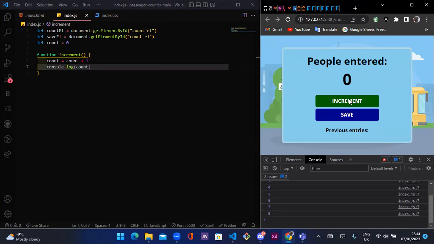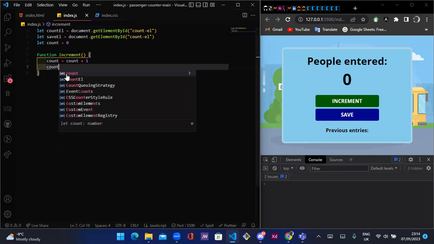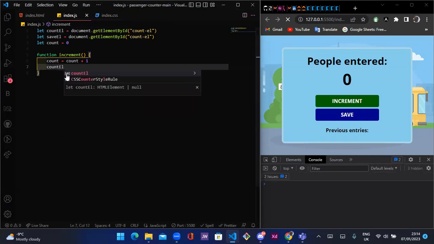But that is not what we want. We don't want it to log on the console. We want it to display so that the user can actually see the counting. So how do we do that? We will take away this console log because we know that our code is working. Then remember we created a variable called countEl at the top. So we just say countEl